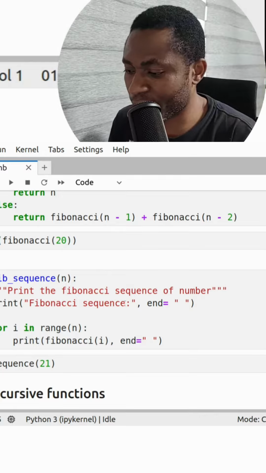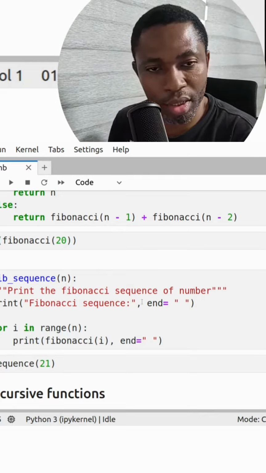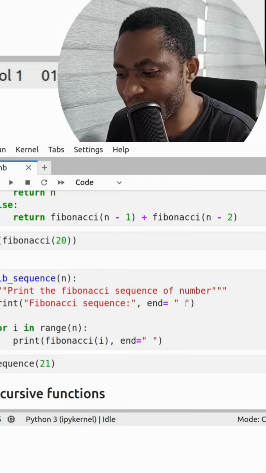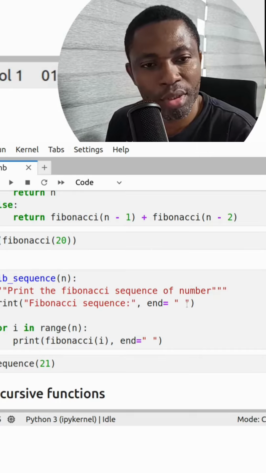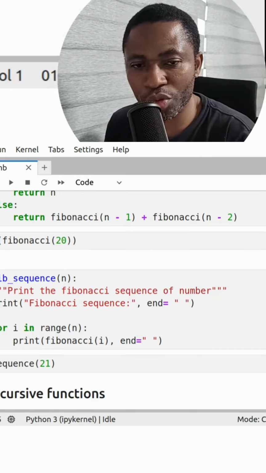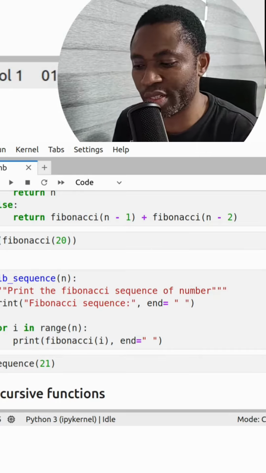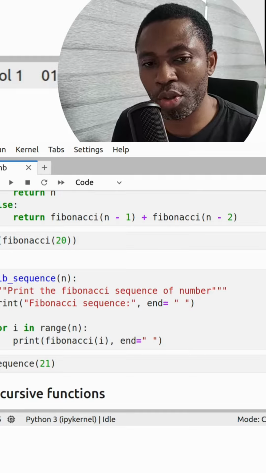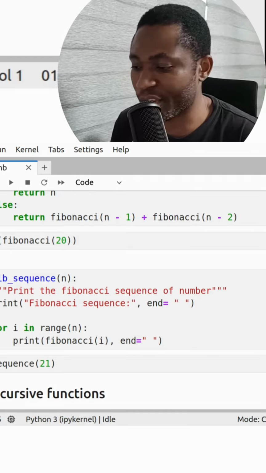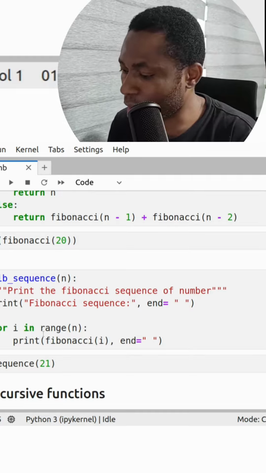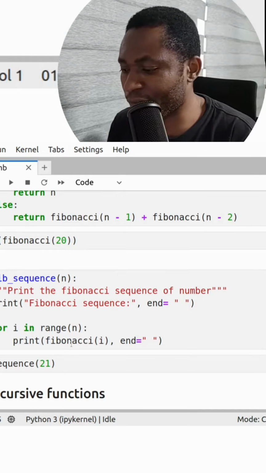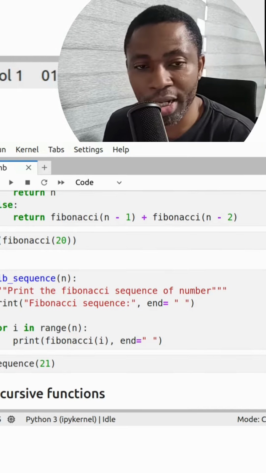I'll say print "Fibonacci sequence", okay, in, and then end equals my quotation marks, a spaced quotation mark. All this means is that I print the Fibonacci sequence and its output on a single line separated by a space. That's what it means. Okay. So now for me to print that, I have to loop through the